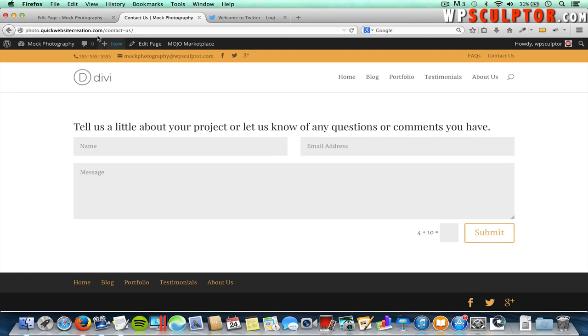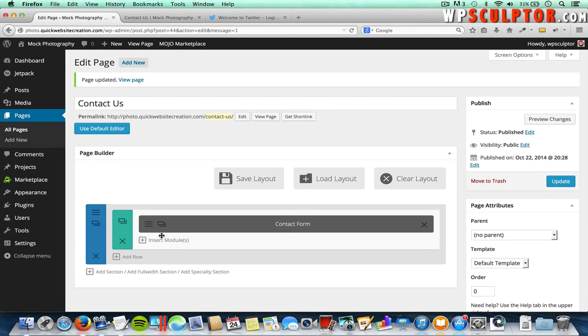Alright, let's go back to the page editor, and this time I want to add a map underneath our contact form, and I want that to take up 2/3 of the available space, and then with the remaining third on the right, I want to have a text module, and I want to have our address and our phone number within it. So what I'm going to do is add a new row, click on Add Row,